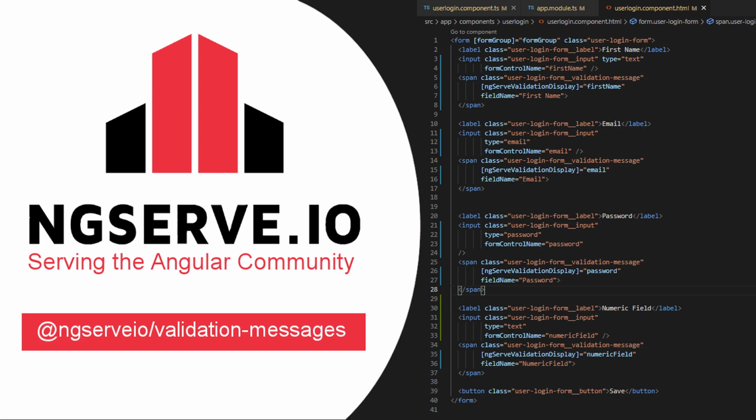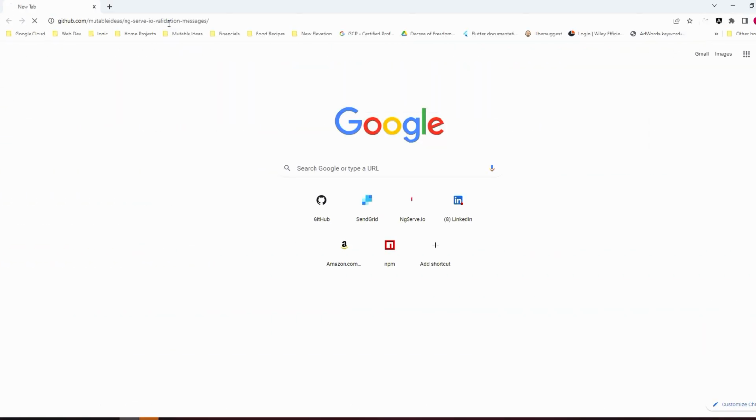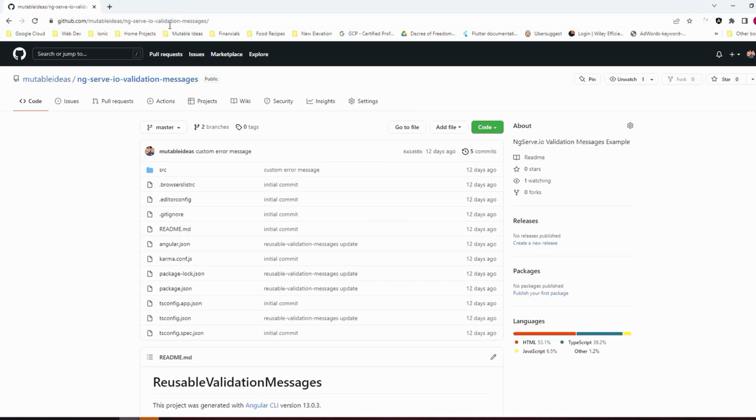Do you ever get sick of rewriting validation messages and display logic in your Angular forms? If so, I'm going to show you how you can slim down that markup and create consistent validation messages. If you want to follow along in this tutorial, you may find the repository in the description and go to